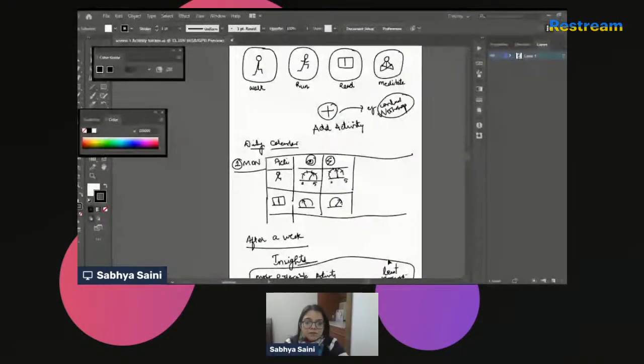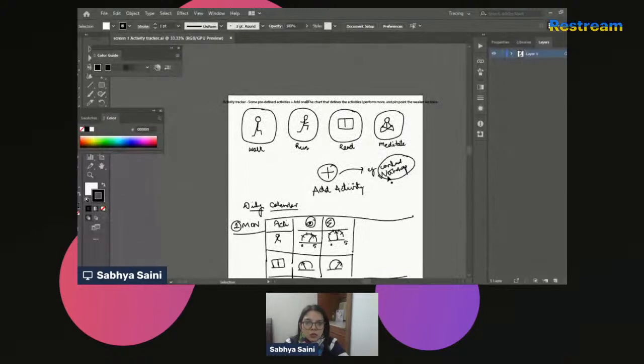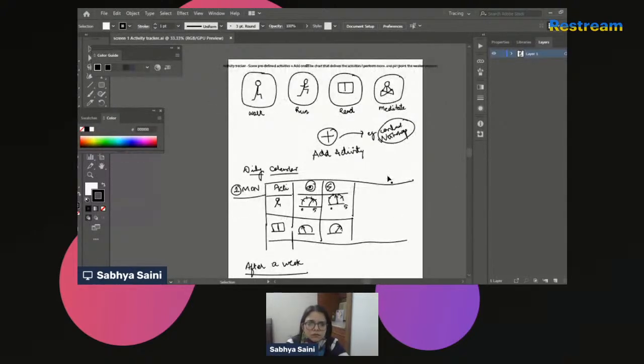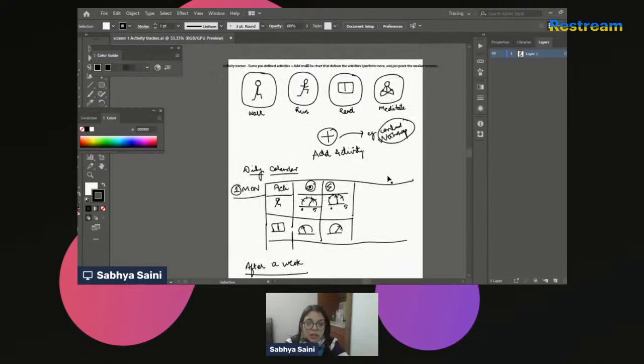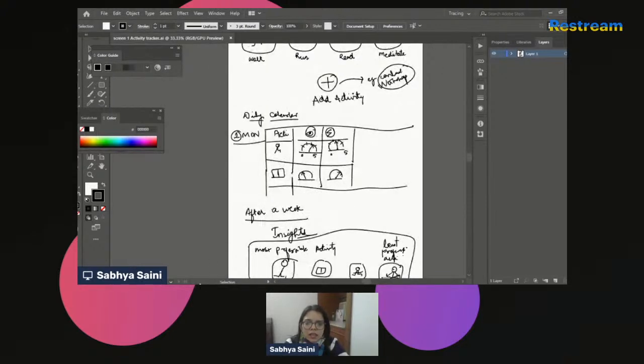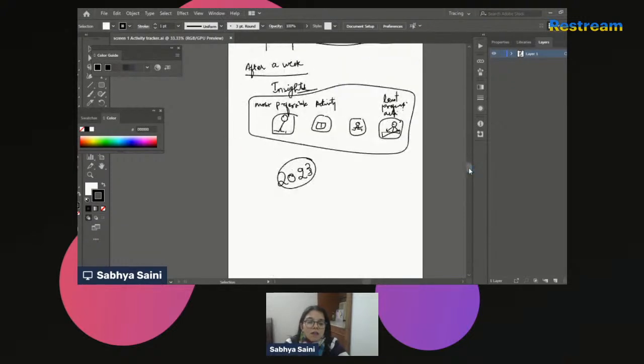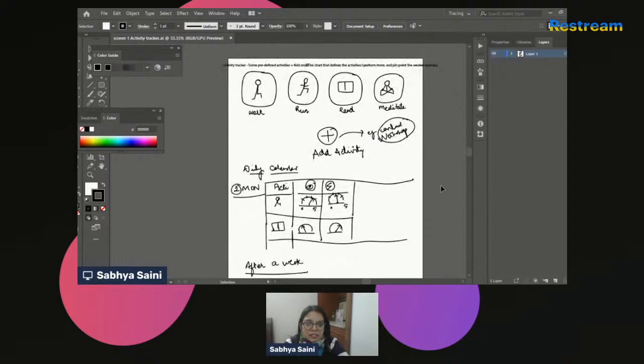this screen where we talked about how the layout will look for the activity tracker. This is the low fidelity prototype, and then we are restructuring that in a very clear element form in our Figma file. We'll be further advancing upon it, and so at this point in time, when I'm talking about this